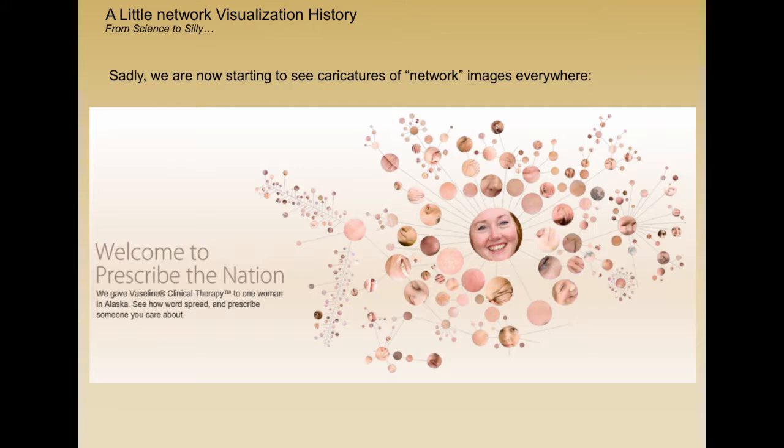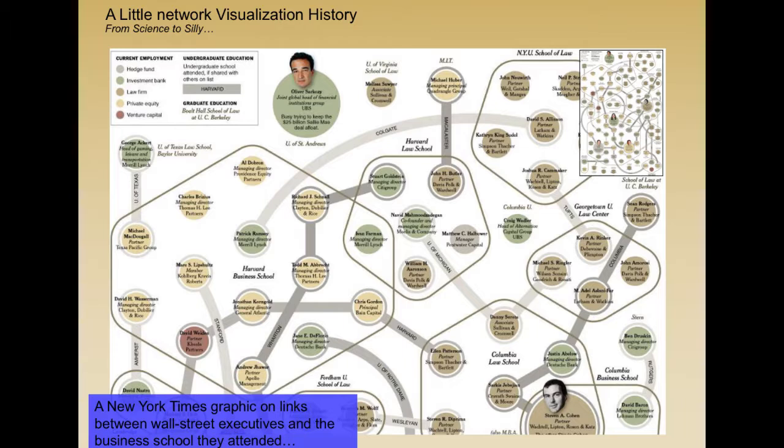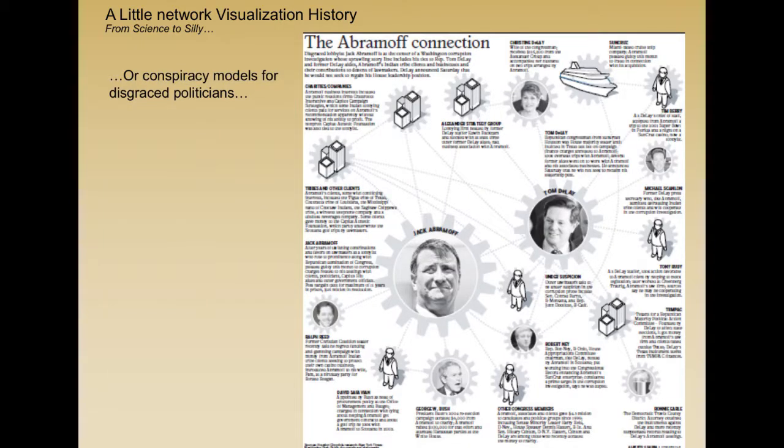So this is an example of an ad campaign for hand lotion, where the idea is that this person tells all her friends, who tells their friends, and so forth down the chain. The New York Times has picked up on these, right? So this is an example of bankers in New York or politicians in New York.